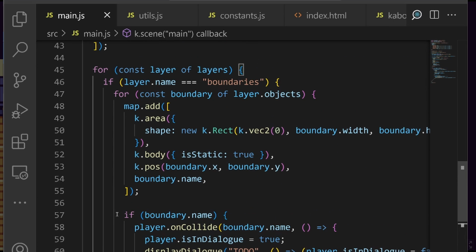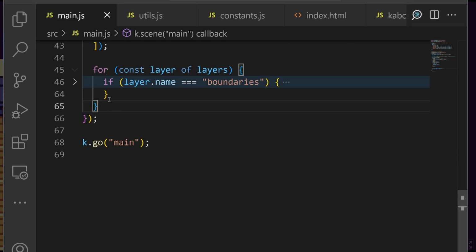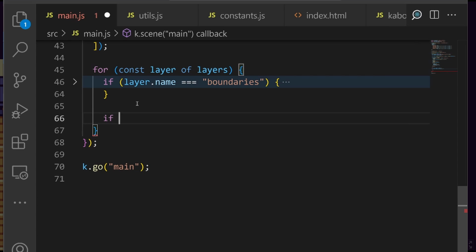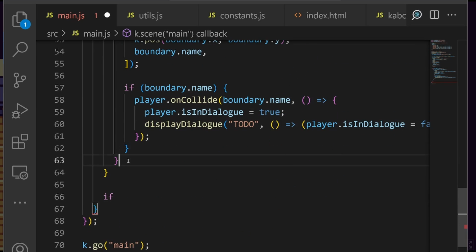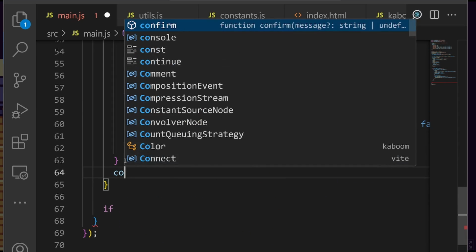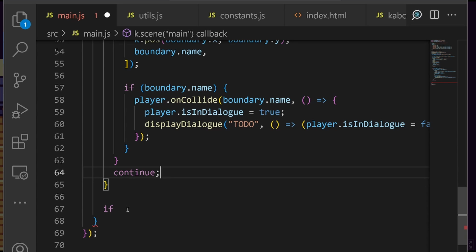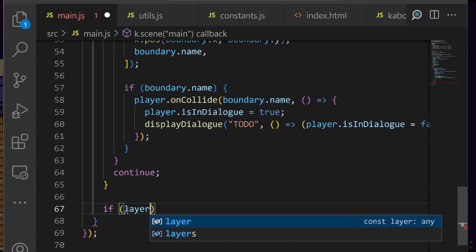So if I think I have it, I collapse this. And then we should probably put a continue at the end. So here, after all of this, we continue. That means we skip to the next iteration of the for loop. And then here, if the layer, the layer.name